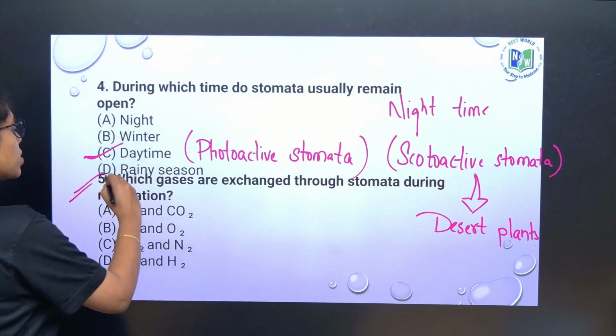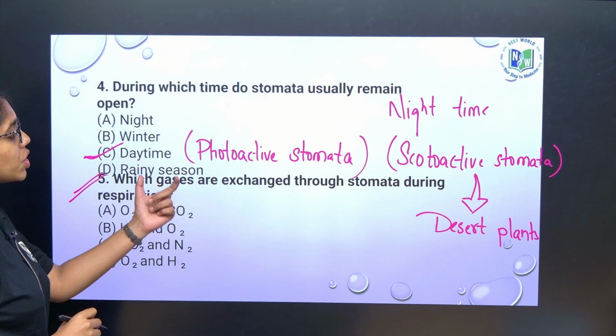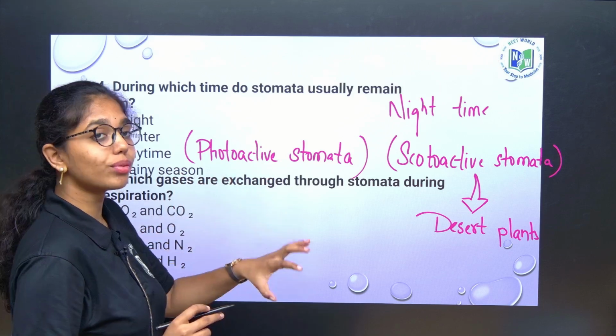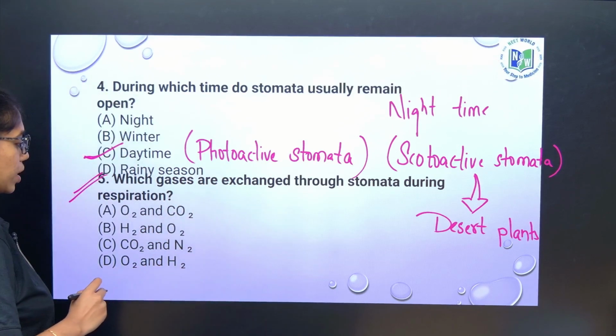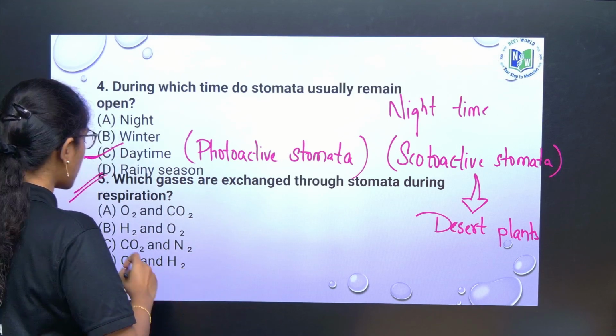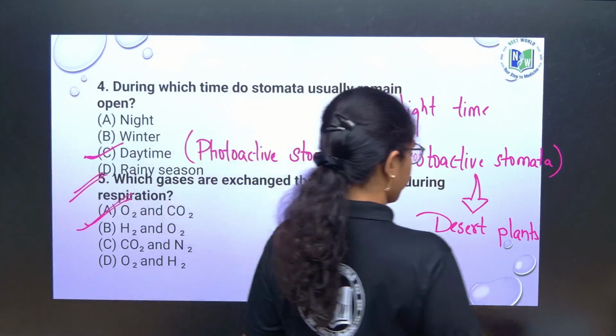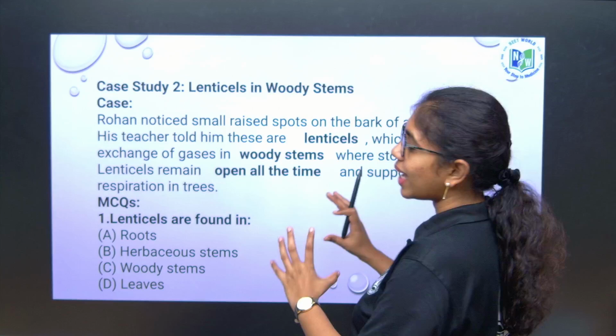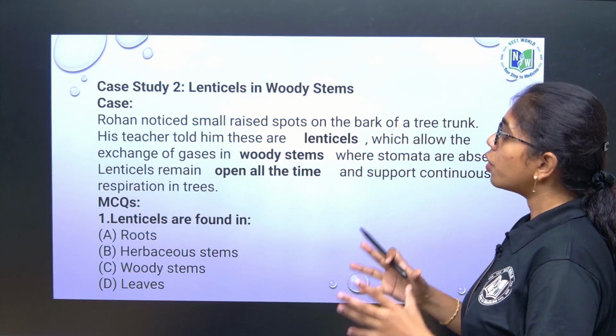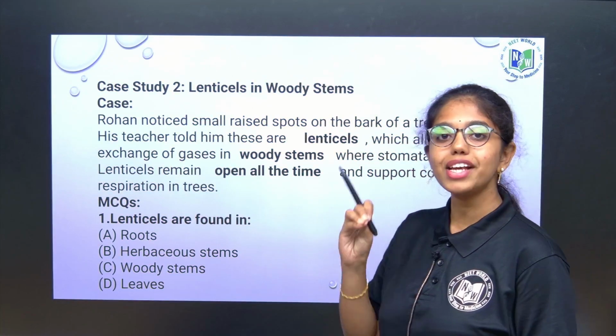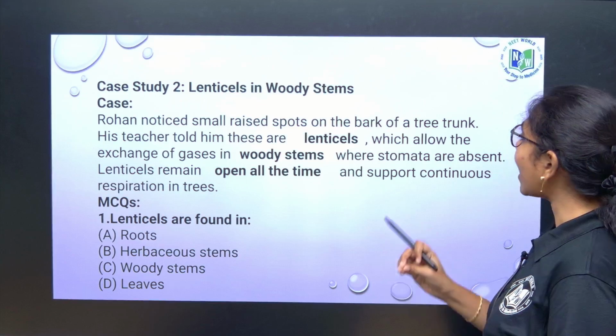Next question, if you have to observe, beta, which gases are exchanged through stomata during respiration? During respiration, what gases are exchanged? Oxygen and carbon dioxide, right? This is also given. Next case study, if you have to observe, Rohan noticed small raised spots on the bark